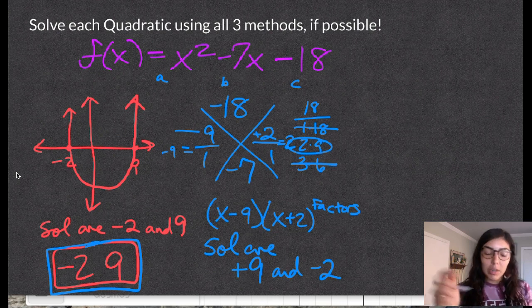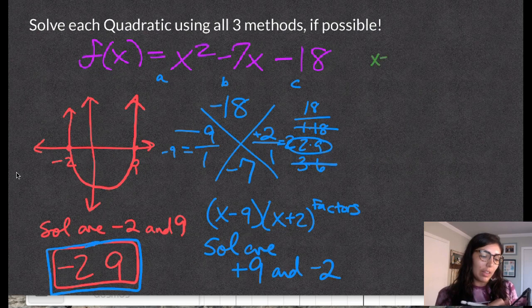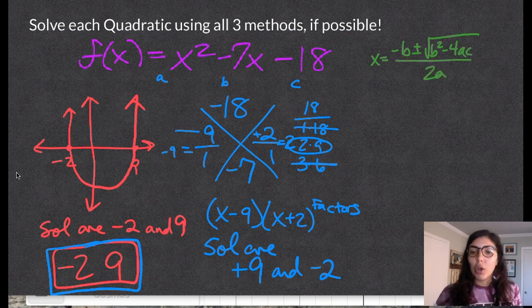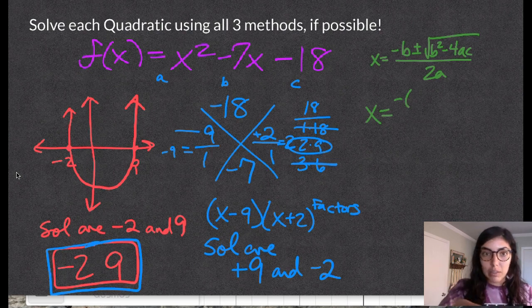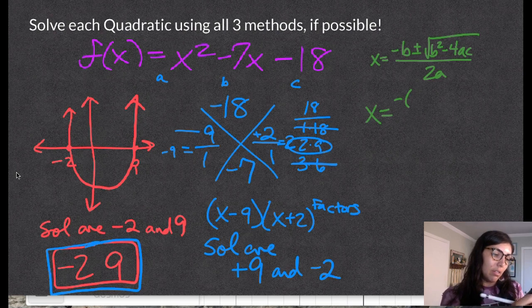The last method that we're going to use to solve is the quadratic formula. I'll write it down again for you, x equals -b plus or minus the square root of b squared minus 4ac all over 2a. We just have to fill in all of those numbers. So we're going to do x equals the opposite of b. Well, I already wrote down what b was because I used it in factoring. So -7